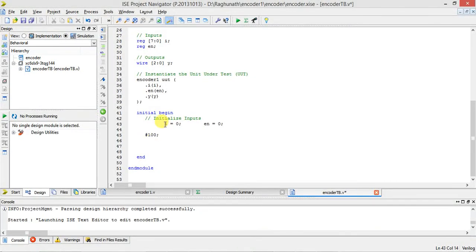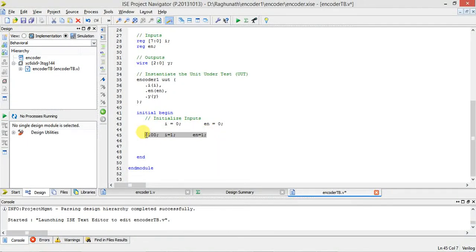So I will copy this. Okay, first I will show you. Let me give I is equal to 1 now, and that means I of 0 is 1 and enable is equal to 1. Okay, this is the first combination.